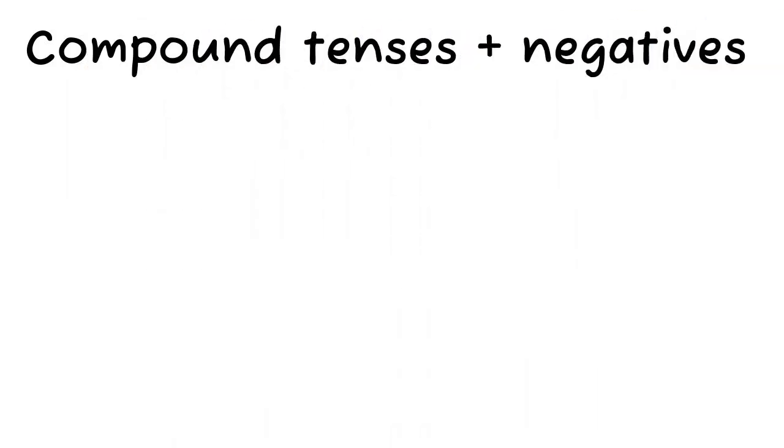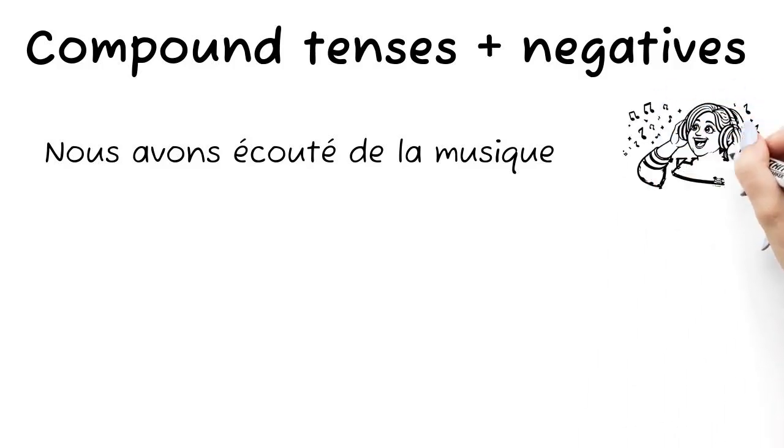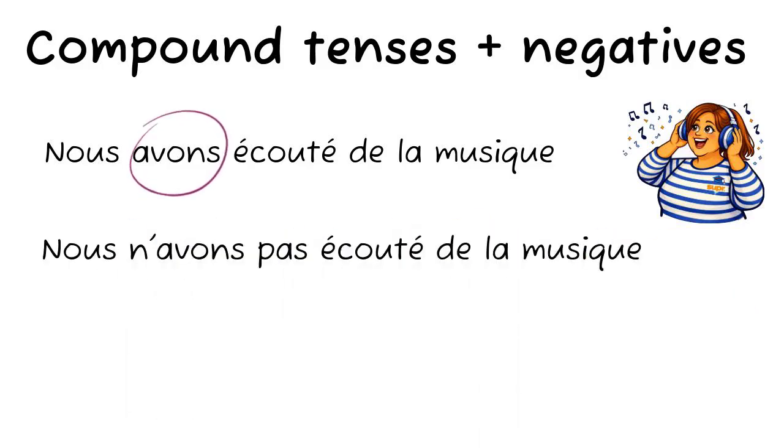And let's just have a look at what happens with compound tenses and negatives. So compound tenses like the passé composé. So nous avons écouté de la musique. We listened to music. We want to make this into a negative. So the auxiliary verb, the avons, is our conjugated verb. So we put the negative around that. Nous n'avons pas écouté de la musique. It doesn't go around the past participle, it goes around the auxiliary verb, which is the conjugated verb in the